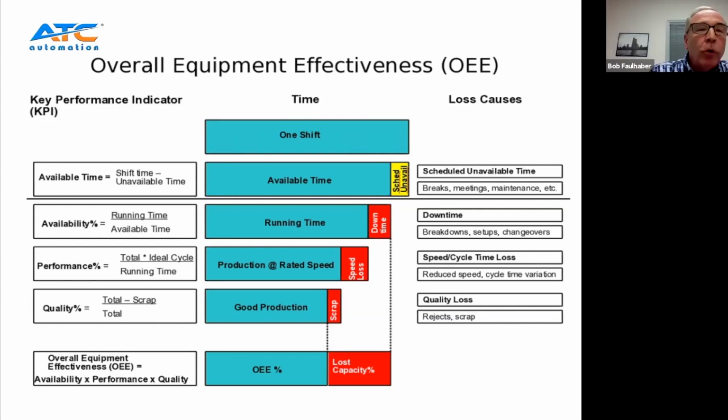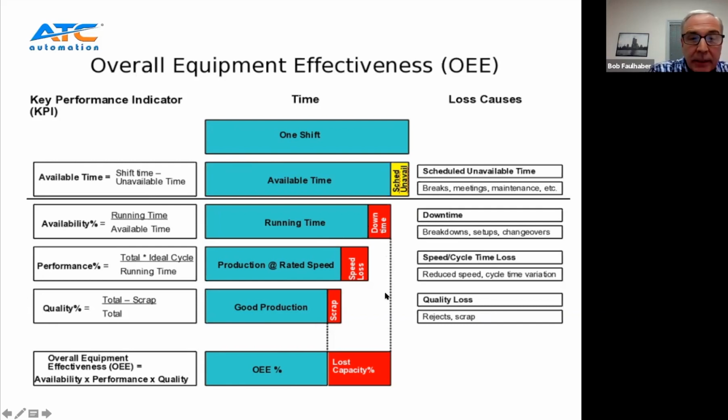Now we're going to take that running time, that available time, and we're going to deduct any downtime from it. If you look at that chart, at that bar, that red section in that running time bar, that's the downtime that comes from the total available time. If you look up from there, I don't have control of the arrow, Russ, but it aligns with the available time. So that downtime is what's being deducted. So this is the whole shift. Right, so that's for that one shift, correct.